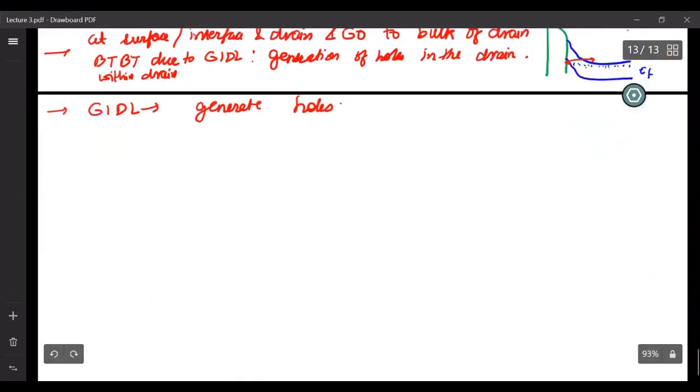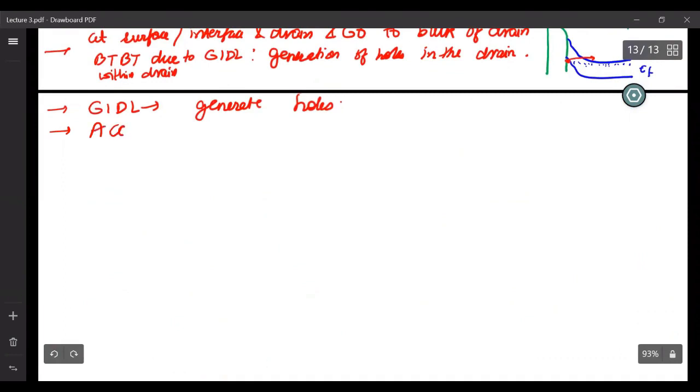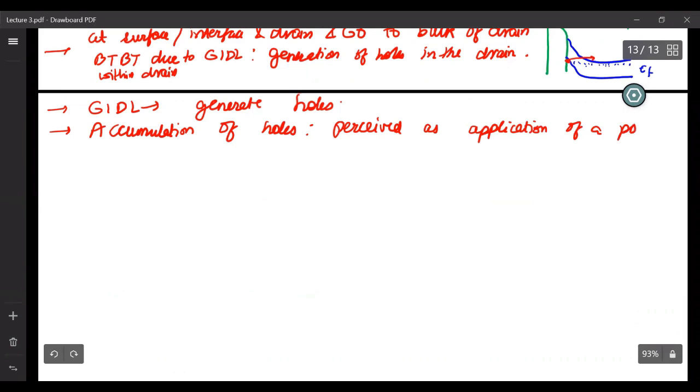And we know for sure that accumulation of these holes is perceived as application of a positive potential, right?